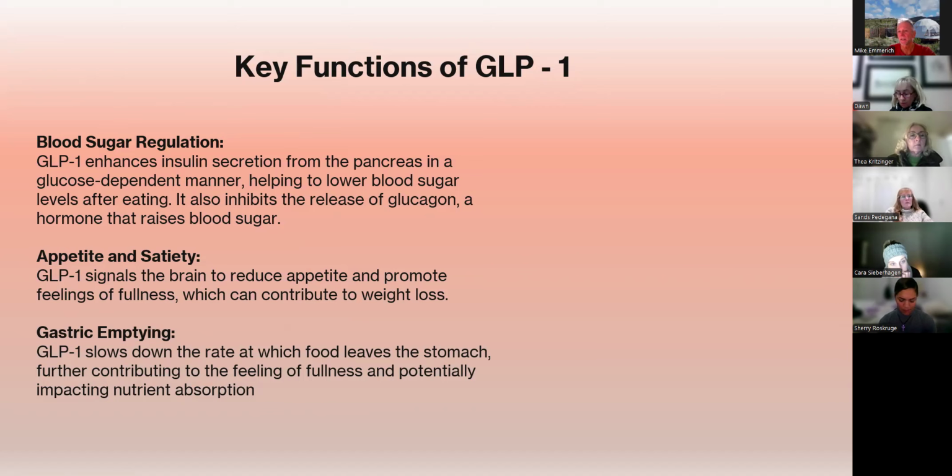So what it does is it pretty much tells the brain, listen, buddy, your tummy's full, let's stop eating now, in a nutshell. But at the same time, it also slows down the rate at which food leaves the stomach. So if we keep eating and we're taking GLP-1, we can already see there's maybe a slight physiological contradiction here. The body's going to think everything's cool, I can stop, but our body would then normally, through peristalsis, push that out of our bodies. But GLP-1 will slow down the rate that food moves from our stomach through our GI